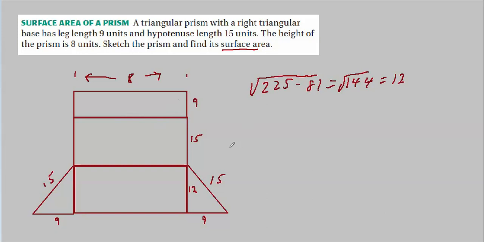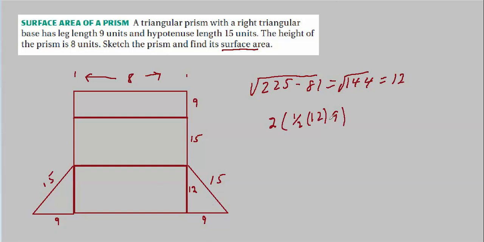As long as we got the numbers, we can work everything out. For instance, this triangle, we could say this is the altitude and this is the base, or the other way around. This is the base, this is the altitude. Either way, it's 1/2 of 12 times 9. Same thing over here. So, first off, for the two triangles, we get 2 times 1/2 of 12 times 9.